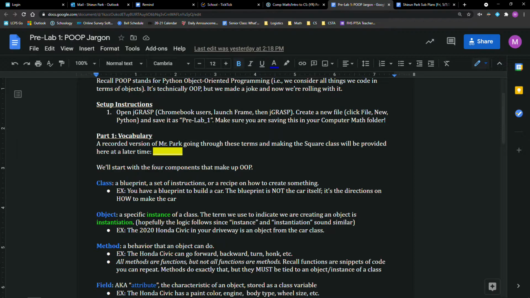Do not mix up the production with the actual car itself. They will produce cars. They have instructions or a blueprint on how to build the car, but that is not the same thing as the car itself. If I told you all, hey, I'm gonna bring cookies next class, but then I end up just distributing pieces of paper with instructions on how to make the cookie, you'd probably be upset. I'm not wrong. I said I was going to give you cookies, I just didn't tell you how. But the blueprint or the recipe for the cookies is not the cookie itself, right? I can give you a recipe on how to make it, but you have to actually make it for it to exist. So that's the idea of a class.